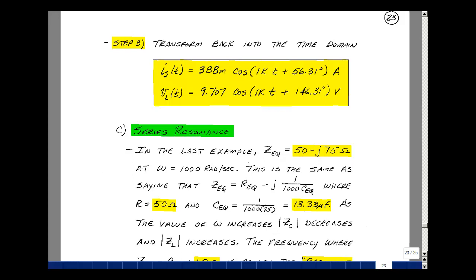This lesson deals with series resonance. You can find these notes in the course ebook in Chapter 4, starting on page 23. In our last video, we did an example where Z equivalent was 50 minus j75 ohms at a frequency of